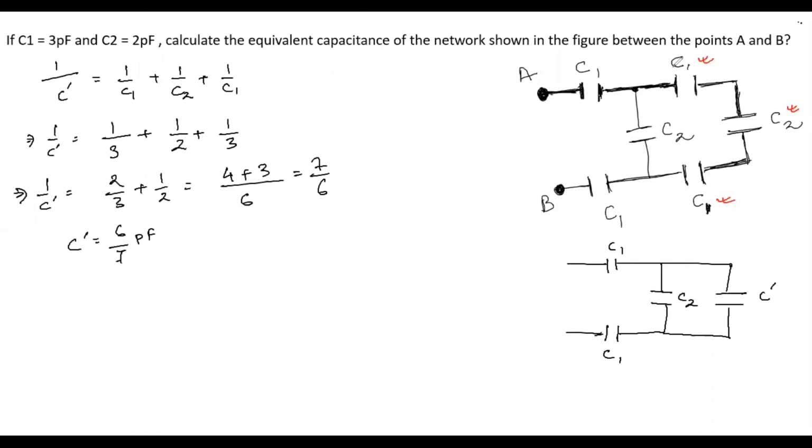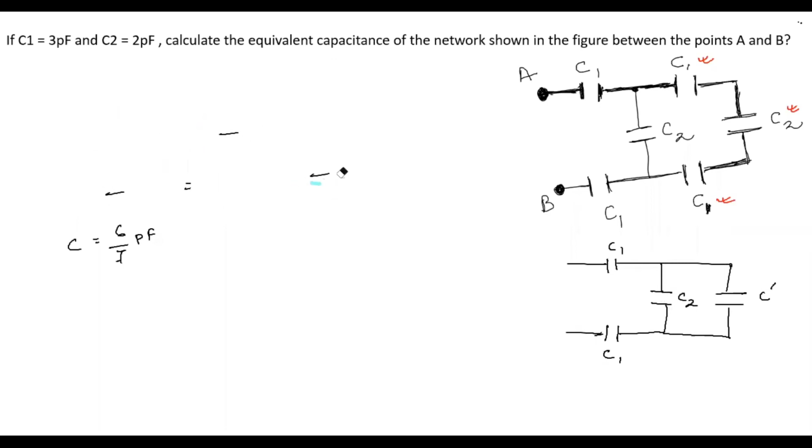That is why initially we calculated the effective capacitance of these 3 capacitors which are in series. We have calculated our effective capacitance C dash. Now if you see this branch and this branch, both of them are parallel, right? Because different currents are flowing through this branch and through this branch. So we are going to find again the effective capacitance for C2 and C dash. Now since they are connected in parallel,